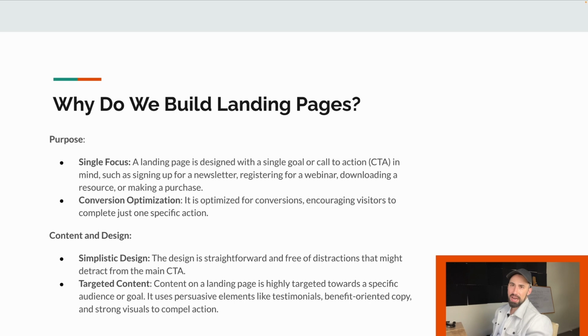All right, alrighty, guys. Why do we build landing pages? That's a good question. So the purpose, again, as I covered, we want to have a single focus. If you have a navigation bar at the top, you don't have a single focus. People are distracted. And let's say you want to use landing pages if you're running ads for